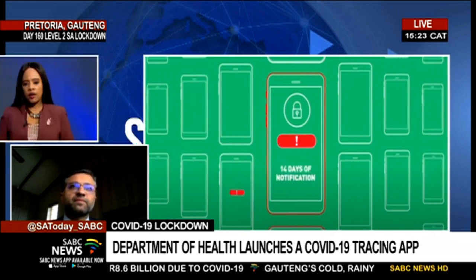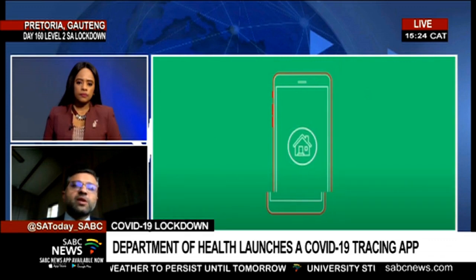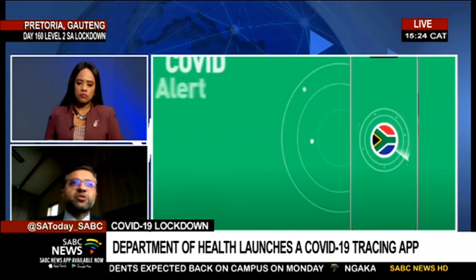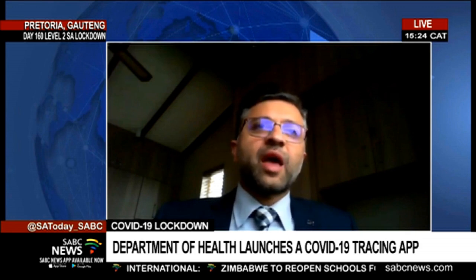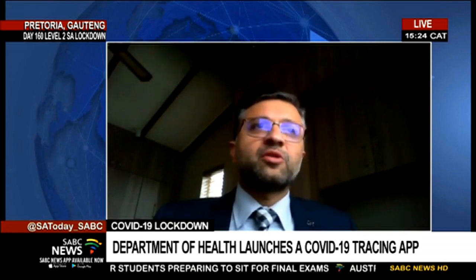So how user-friendly is it? How does it work once one has downloaded this app? So you would basically download this app from either Google Play Store or the Apple App Store. Once the app is on your phone, there's a two-step process just to activate exposure notification. And the app will then run by itself. It doesn't need to run in the foreground. It will continuously run. You would then do your usual shopping or visit a bank, use a taxi. As soon as you come into close contact with other app users, the app exchanges IDs, randomized codes,